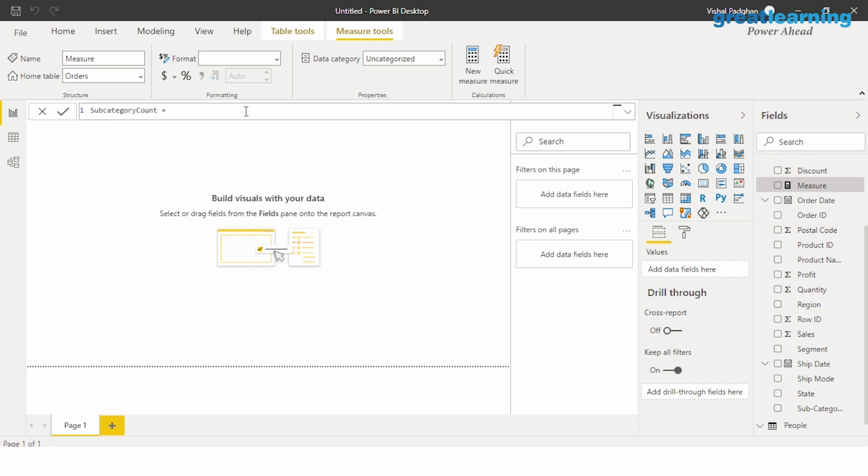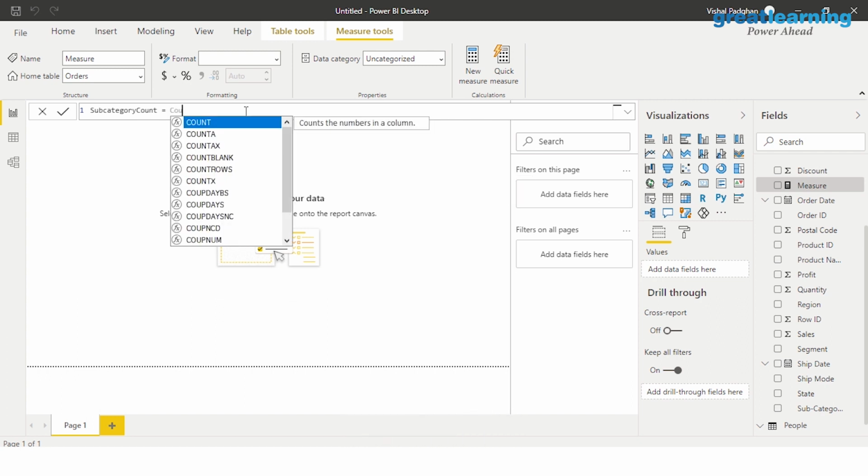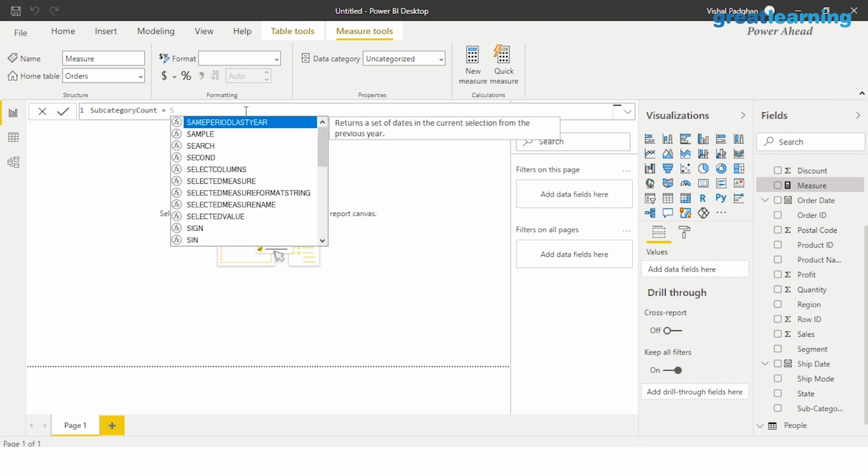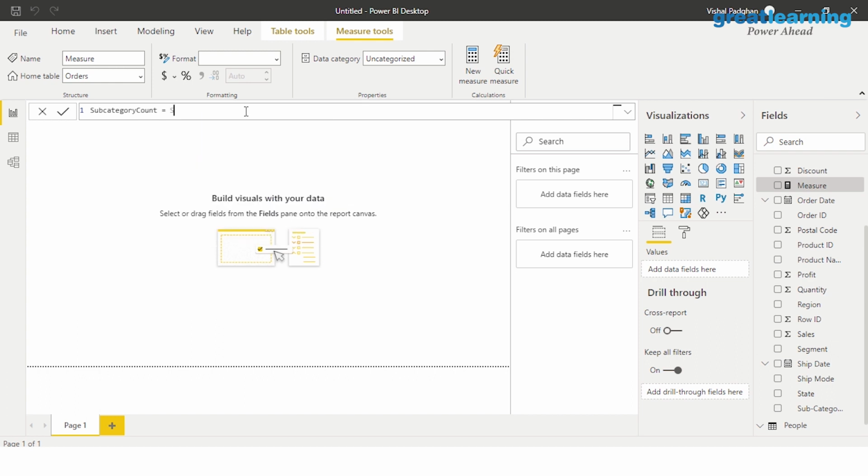As you can see, Power BI is smart enough to give you suggestions, where it would suggest certain things to operate with so that your functioning becomes easier. Let's see how that works. Now I want to count it, right? So all I have to do is type COU maybe, and it will suggest the possible functions. If I had to do sum, I would have typed sum, and it would have given me that. So again, this interface is suggestive: if you put in certain values, it would suggest a solution for it. Now let us go ahead and look for count and select count.